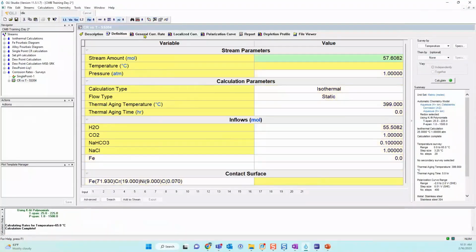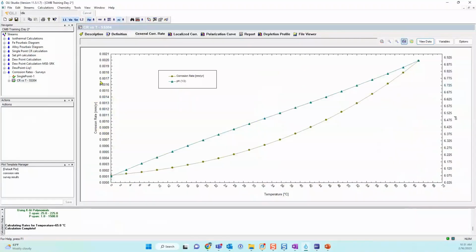Now, this general corrosion rate tab makes sense, that is actually in a plot, right? In a plot view, because now the software is going to plot by default the corrosion rate as a function of temperature. Okay, so in here you see that the software is plotting your corrosion rate values and it's showing a trend. It's saying as you increase temperature, you have an increase in the corrosion rate. That's usually what we see, what happens in real life, in experiments. As you increase temperature, you see an increase in the corrosion rate.